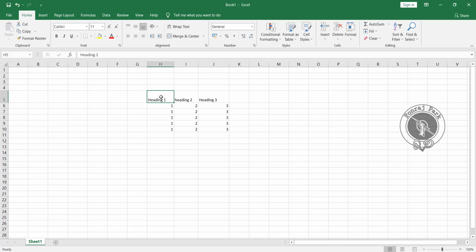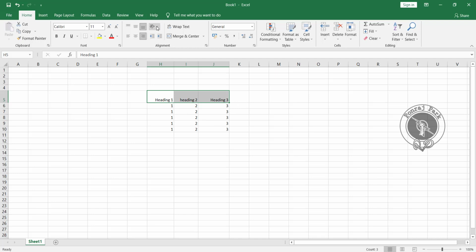Okay, so first here we have what kind of alignment you want. I'll select this first. Do you want the top alignment, middle alignment or bottom alignment? You can do it using this. Then we have what kind of alignment you want. As you can see, this is already left aligned, means the word will stick to the left hand side, or it should be centralized, or aligned to the right. So you can just align your data like this.